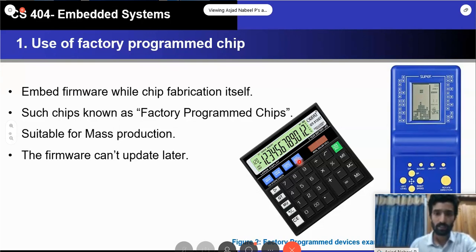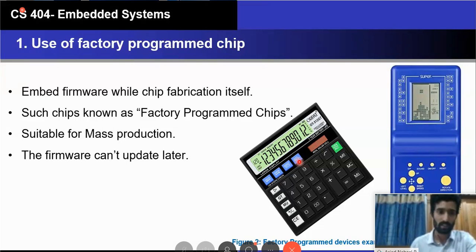So that won't be a feasible method. In that case, we have to use other methods, such as out of circuit programming. Factory programmed chips are used by large scale manufacturers making more than 10,000 or 1 lakh devices. Also, those devices have very deterministic, very limited features, and features that have no need to be updated later. Only in that case is this method used. Otherwise, it is not a good method.